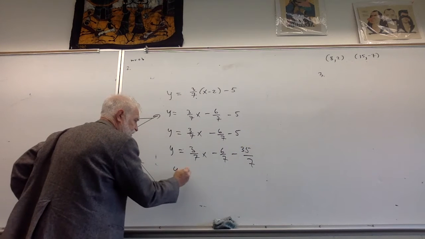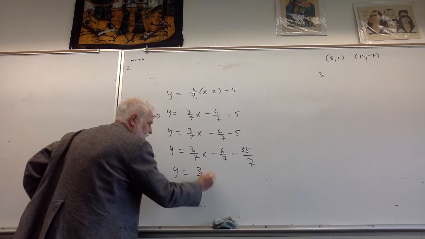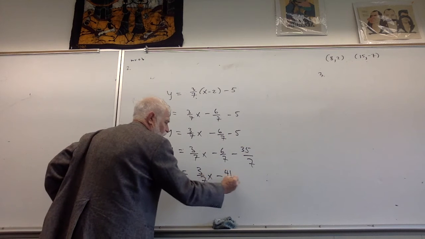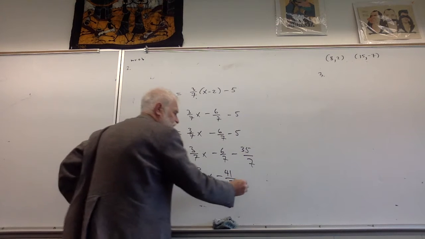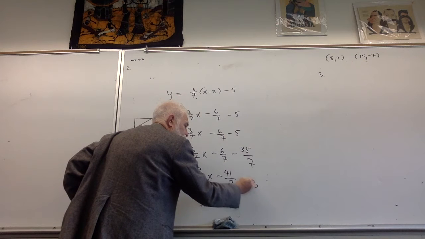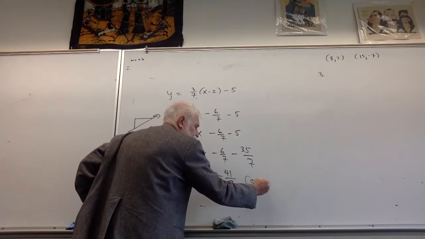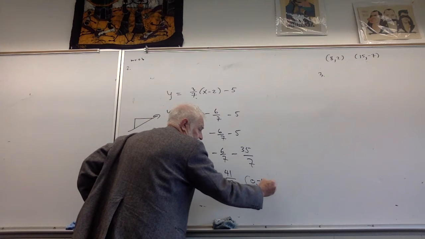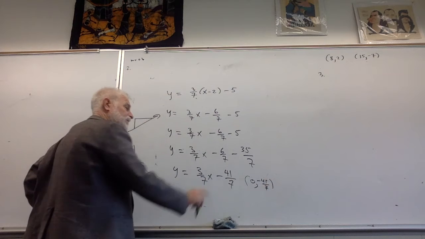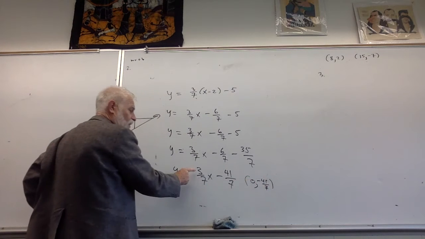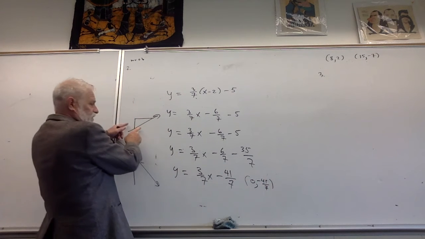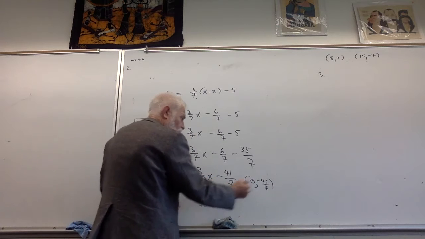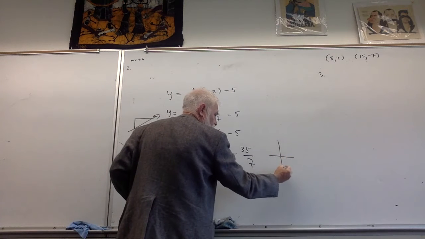So in this case, I have 3/7 x minus 41 over 7. And I hope you can see the y-intercept of 0, -41 over 7, which is near -6. Okay, that's a point on a curve. And I'm going up 3 and over 7, which we described over here. So this is slope-intercept. The intercept is 0,